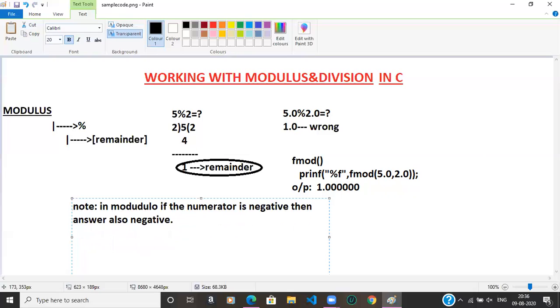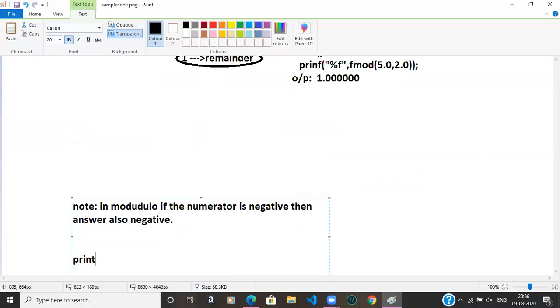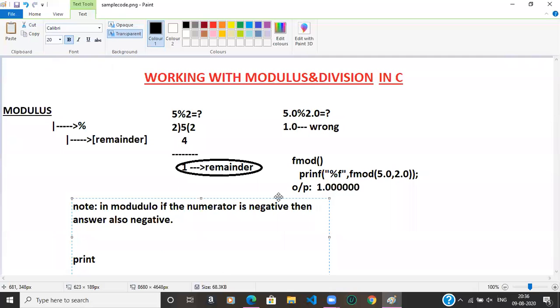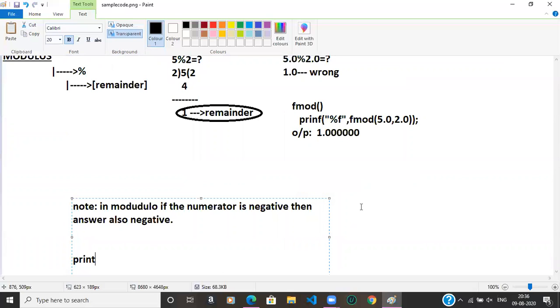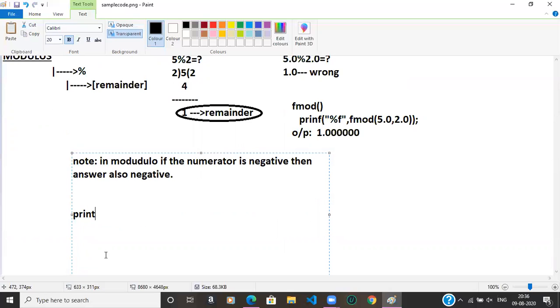One more thing we will see, printf of %d, comma 2 modulo 5.